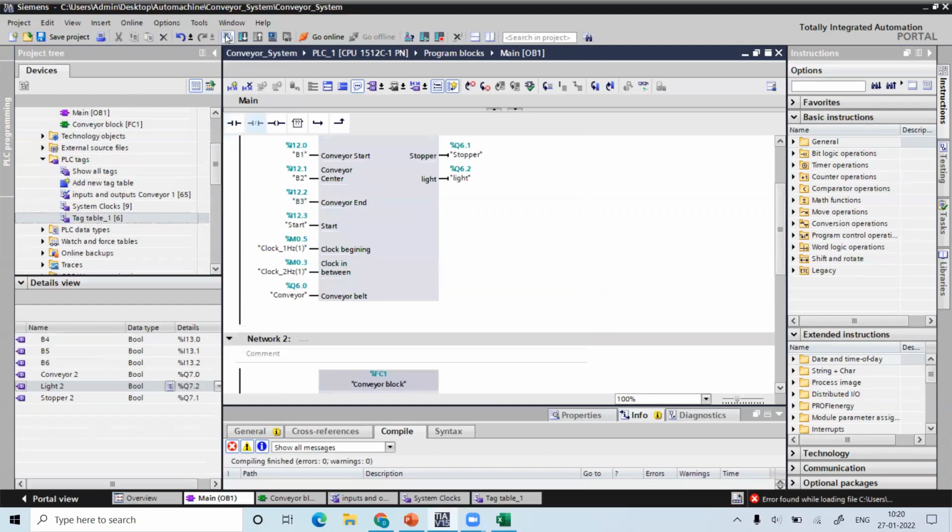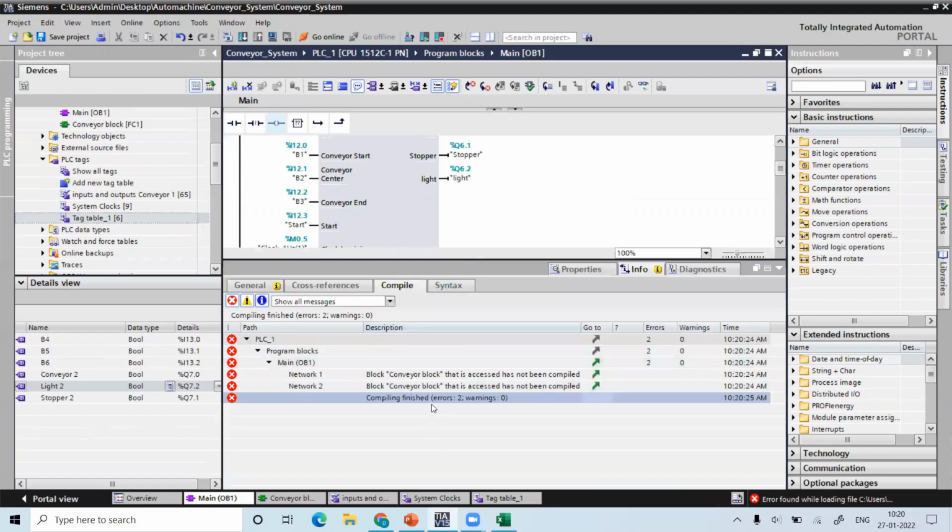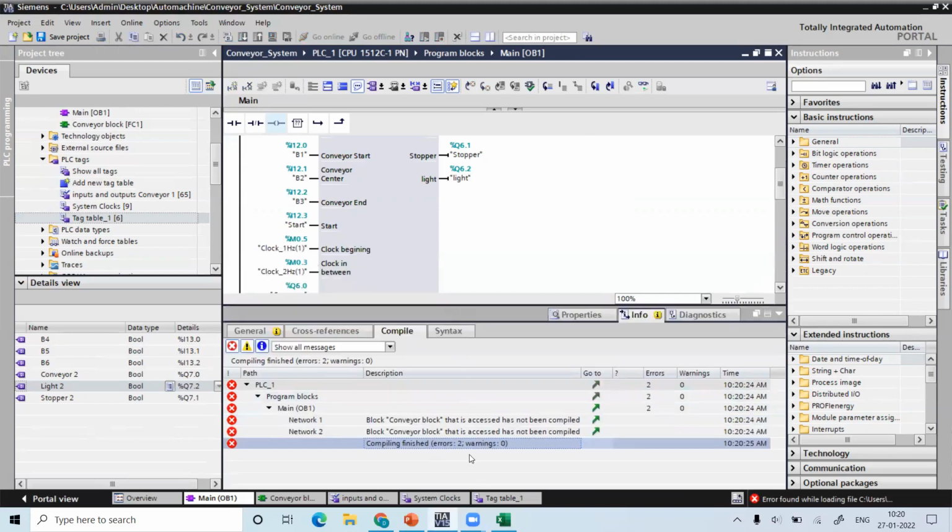Now I'm going to compile here. Check for any errors. If any errors are there, I'm going to find out. So I have found 2 errors. What are these errors? Where did this come from? Two errors. Okay.